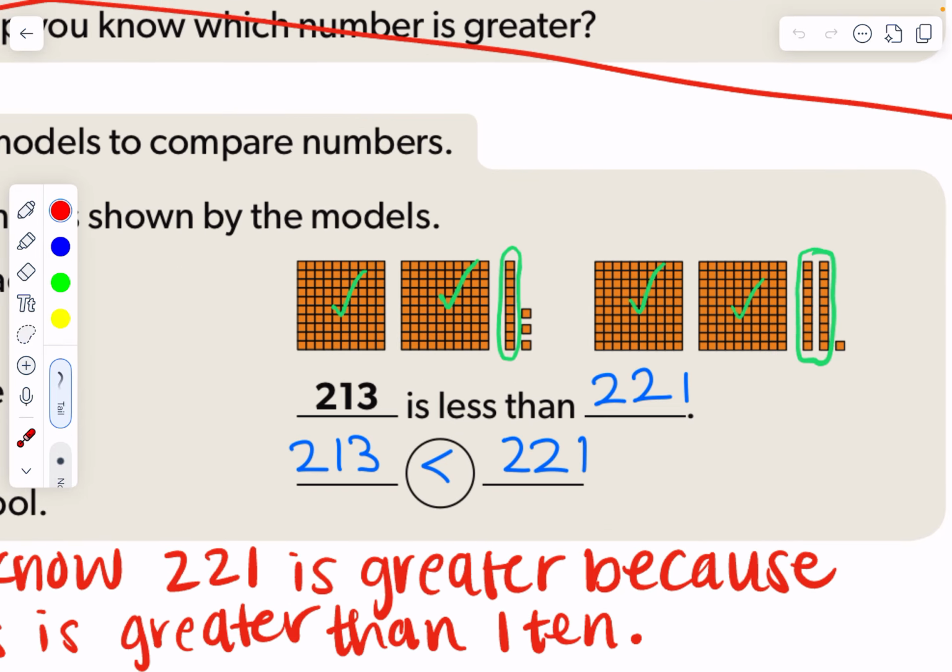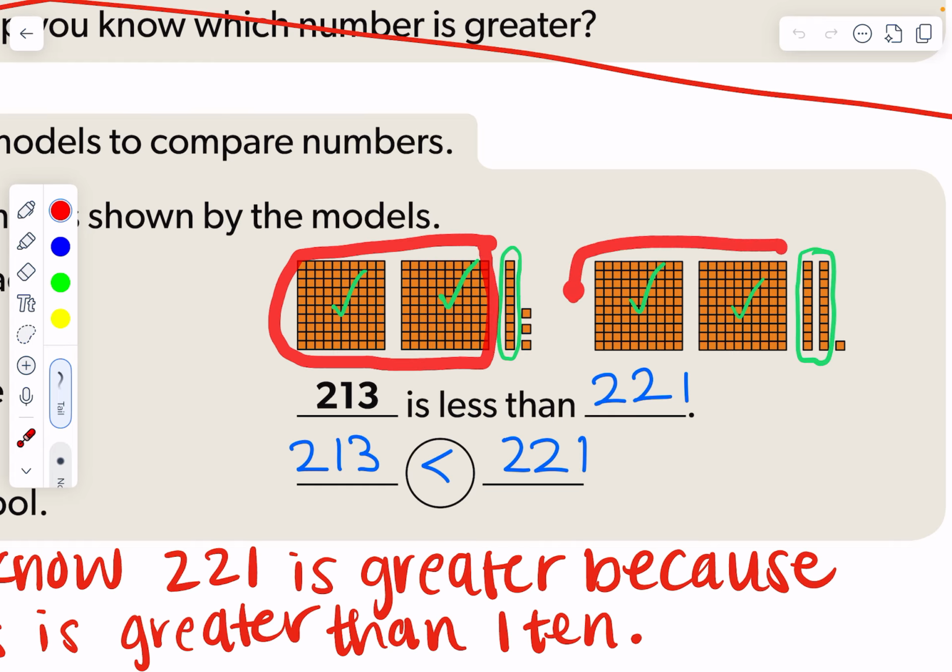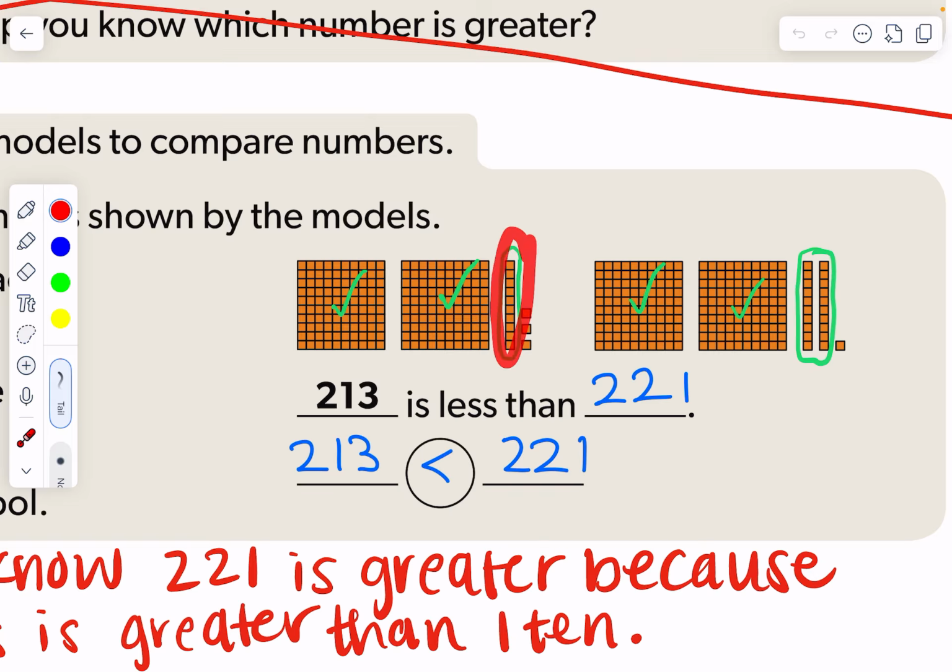So here we have our hundreds in both models, the same amount of hundreds. They both have 2 hundreds. Now, let's look at our tens. In the first model, we have 1 ten. But in the second model, we have 2 tens. That is the first place value in which we see a difference. Because we know that 1 ten is less than 2 tens, then that means that this first model is less